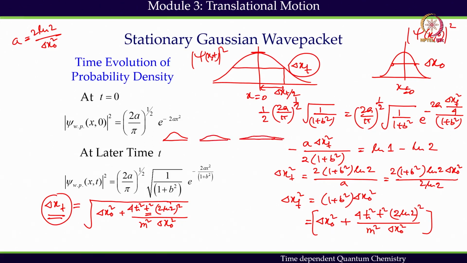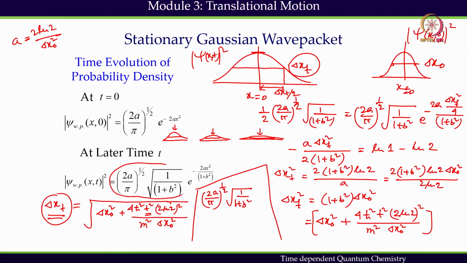And when it's spreading out, its amplitude will go down definitely, because total integration has to be 1. So area under the curve has to be constant. So its width is slowly increasing and the amplitude will go down. Amplitude going down can also be proved, because here the amplitude is given by 2a by pi to the power half square root of 1 by 1 plus b square. This part is the amplitude of the wave packet